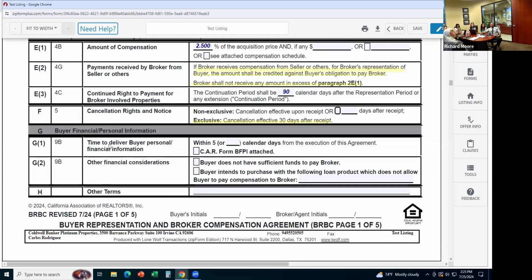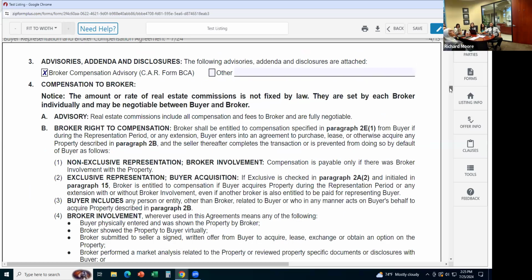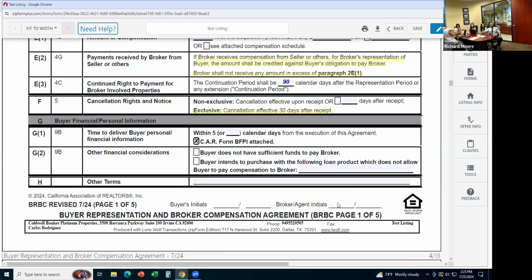So, the next section is G, buyer financial personal information. G1, time to deliver buyer personal financial information. This one you're going to ask for bank statements that show how much money they have for the down payment and their deposit, if they're going to pay cash, whatever it is, and then possibly their loan approval, right? Or you can check this box, and when you check that box, you get this other form, which is the